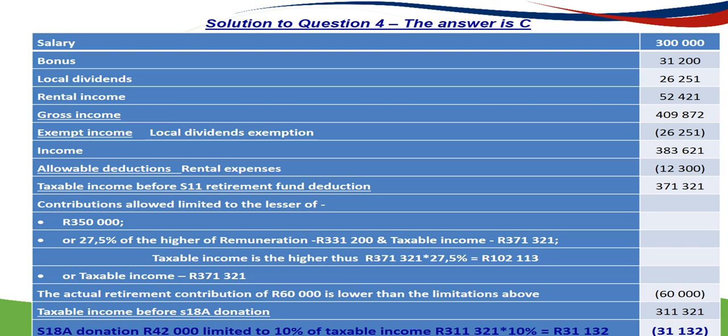From the gross income, you then deduct the exempt income, and the full total of local dividends received is exempted. After that deduction, you reach the answer for the income, 383,621. You then are allowed to deduct the rental expenses of 12,300, and then you reach the total before retirement fund deduction,